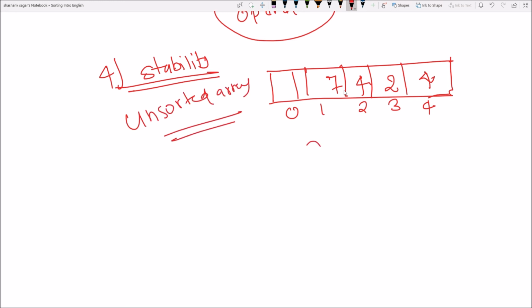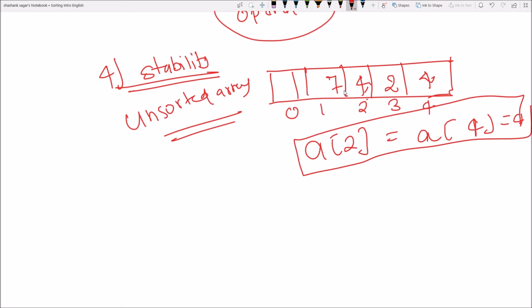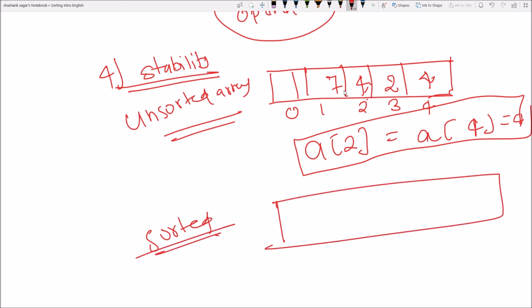As you can see here, the element at the second index of this array is equal to the element at the fourth index of this array, which is equal to 4. Okay, so what I mean by stability is, suppose I have this array sorted, and this is my sorted array